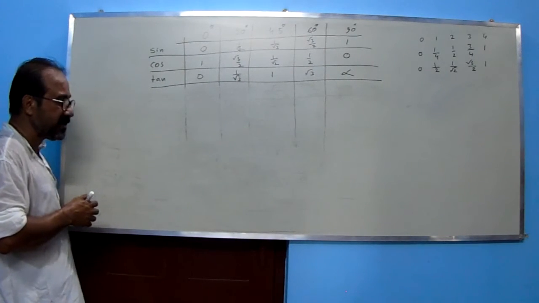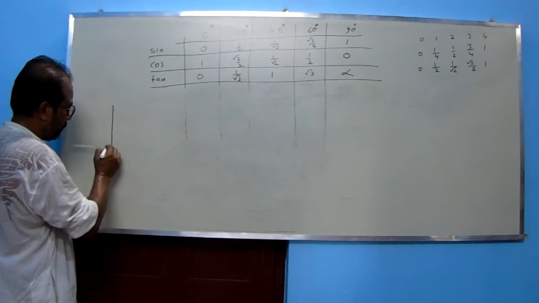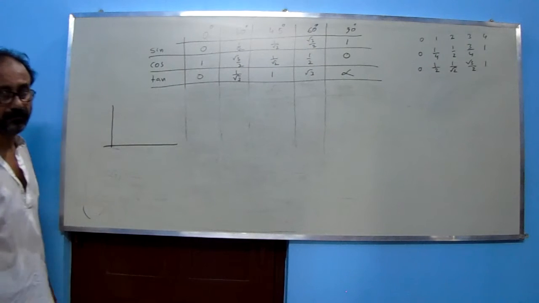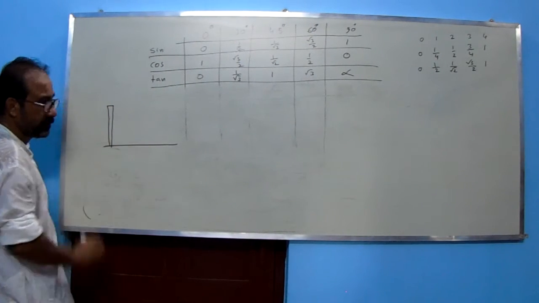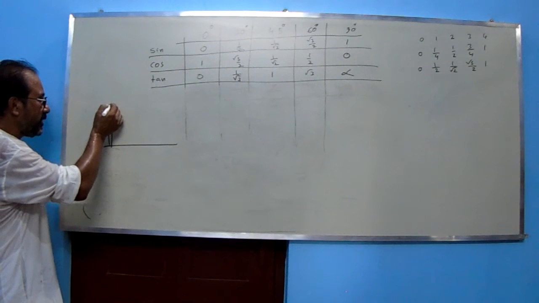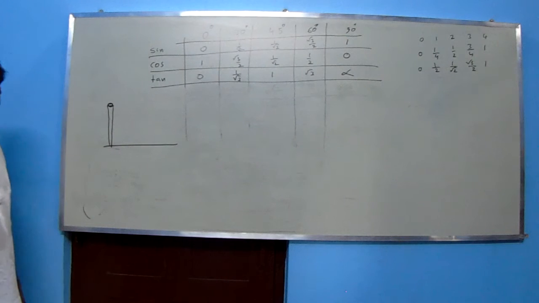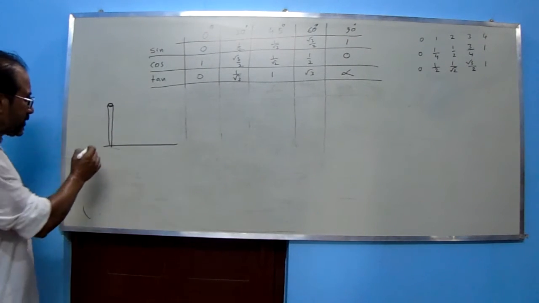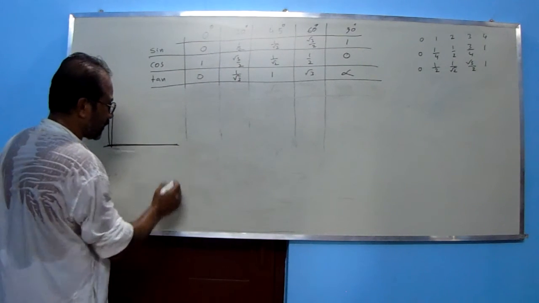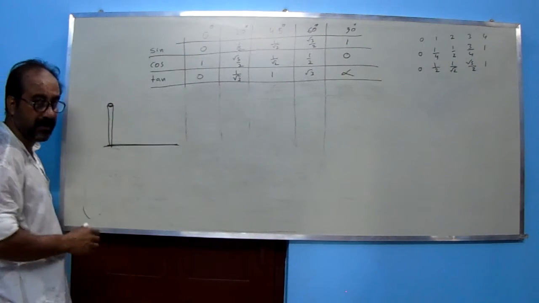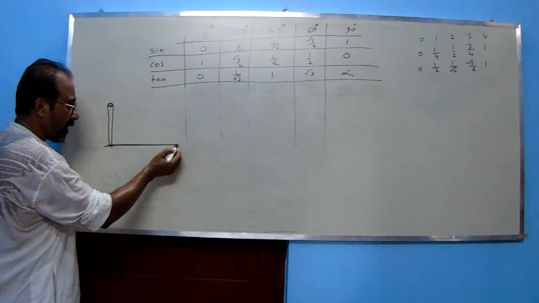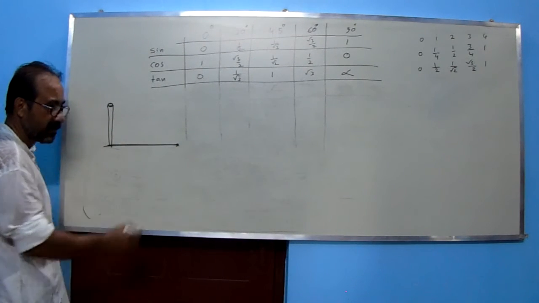Once I am sitting at the top, this is one house and you are sitting at the top of the house. If you are sitting here, this is the horizontal line or the earth surface. If you are sitting here and your friend is coming from here,